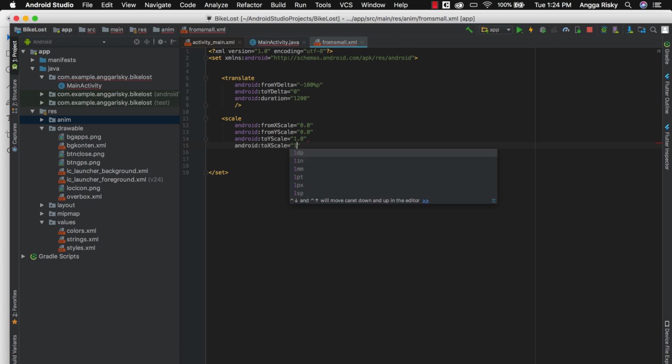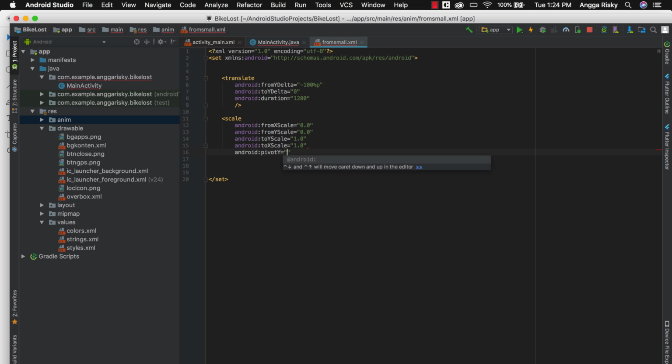And then to 1.0, but we have to set the pivot, which is like the place, the coordinate. So pivot y is supposed to be 50%, and to make it middle is 50%. And then don't forget to set the duration, so just make it longer because we want to make it different.